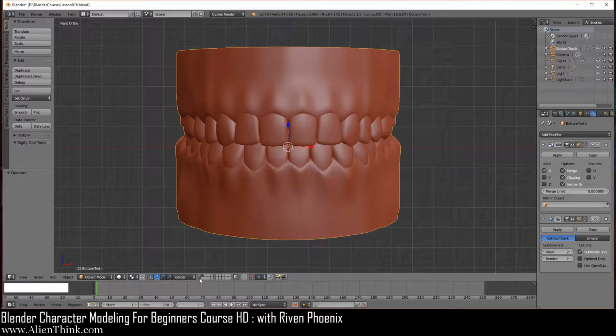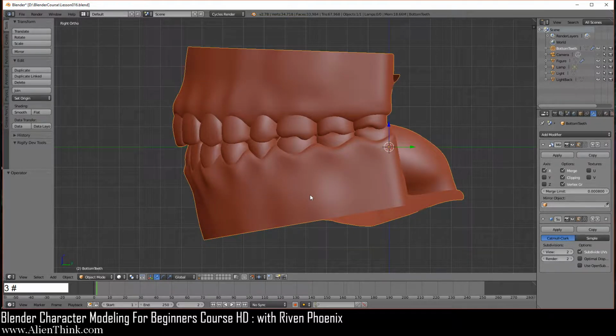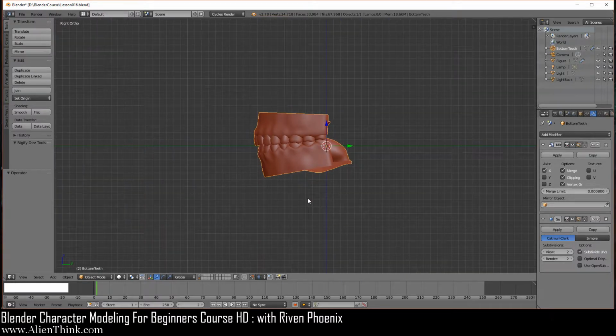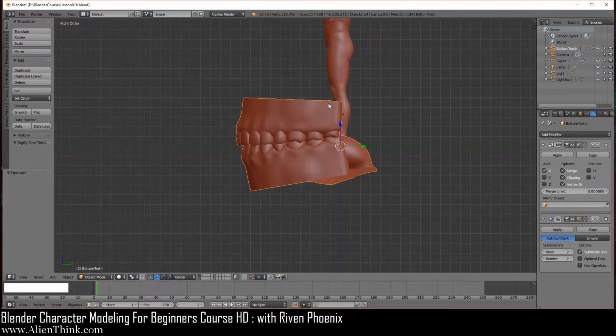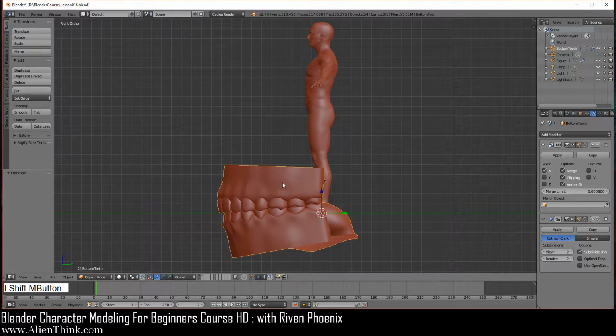So over here, I'm just going to click on this layer because this is the teeth layer. Okay, I'm going to press the 3 key to go to the right view. First I'm just going to zoom out over here, press the shift key and click on this. So this is our figure. Let's zoom in, shift middle mouse button. We need to resize this and put it inside the mouth. This is going to be very straightforward because of this formula system.